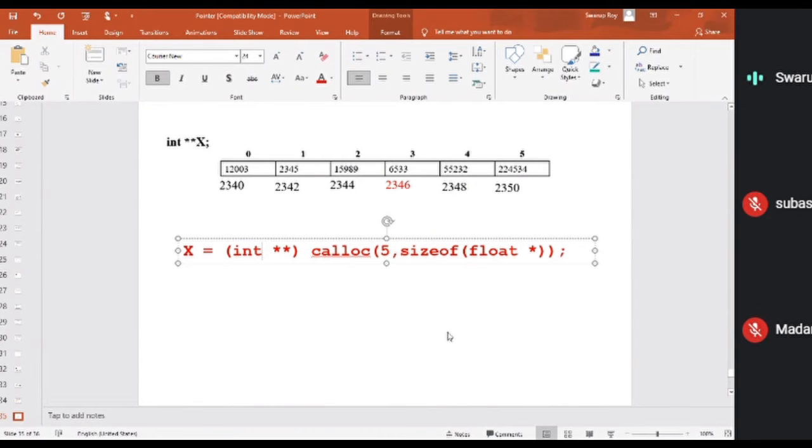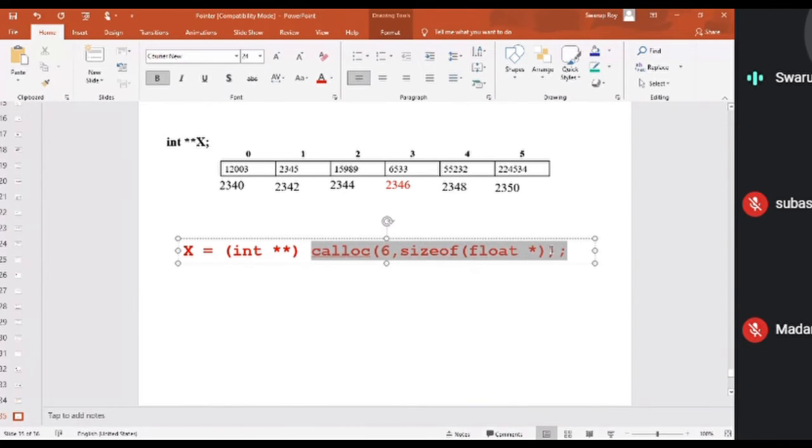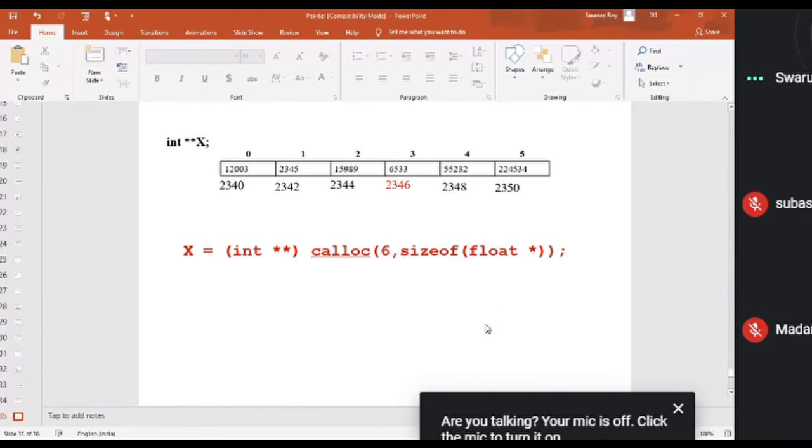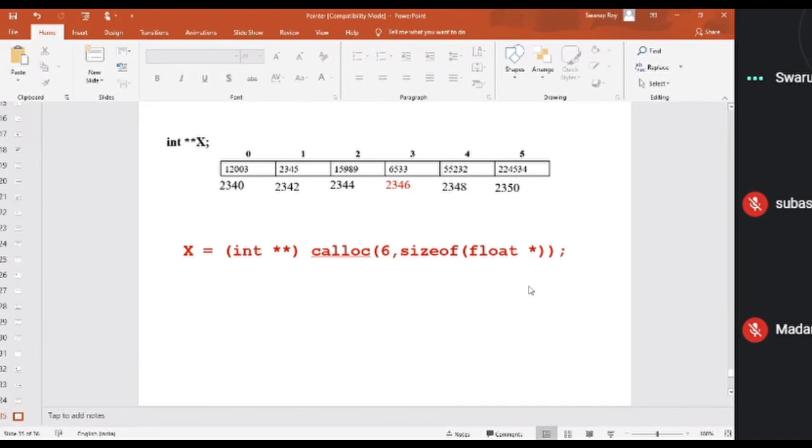What actually happens if you do like that is it creates a memory space of size 6, and in each slot there is a float pointer. What is the size of a float pointer? What is the size of an integer pointer? What is the size of a character pointer?